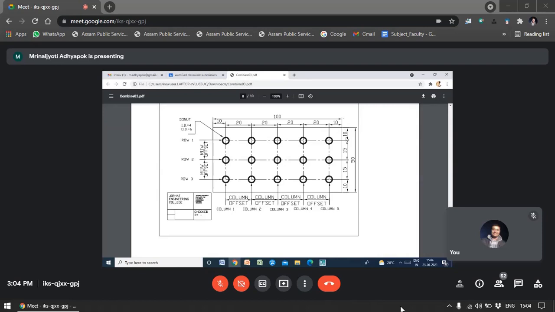And in this side, how much is the vertical distance? This is 10 plus 15 plus 15 plus 10. It is 50. So we can make a rectangle first. Okay. This is the rectangle. You can simply use the line command to make it, or you can simply use the rectangle command to draw this. Okay. So what I am going to do, I am going to use the rectangle command. In your book, maybe the line command is used. Okay. They have also used the rectangle command only. Okay. So let's do this.